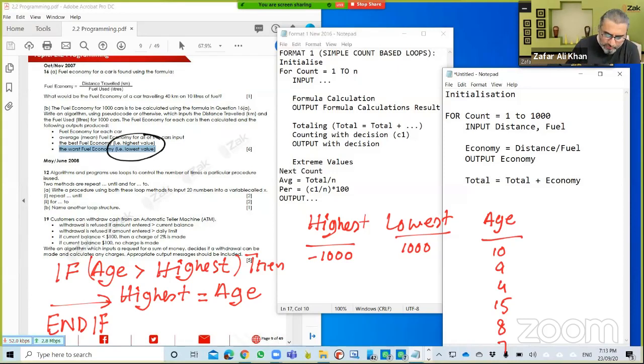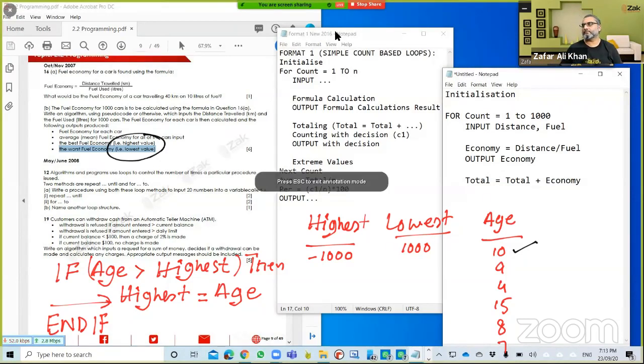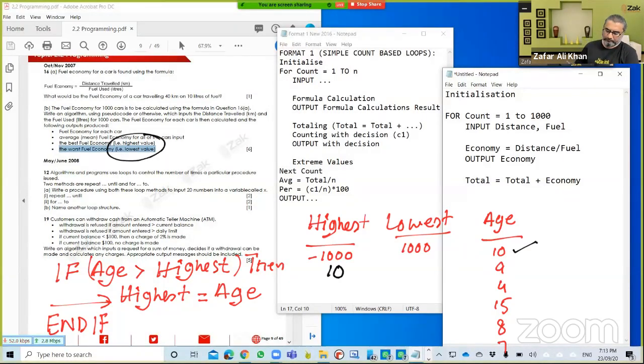अब हम एक एक एज उठा के लिखते हैं और देखते हैं कि क्या बन रहा है। अब हमने एज ली 10, अब हम देखेंगे 10 इज ग्रेटर देन हाईएस्ट, हाईएस्ट हमने इनिशियलाइज किया था -1000 पे। So -1000 से एज ग्रेटर देन है, yes it is greater than, then highest is equal to age. All right,